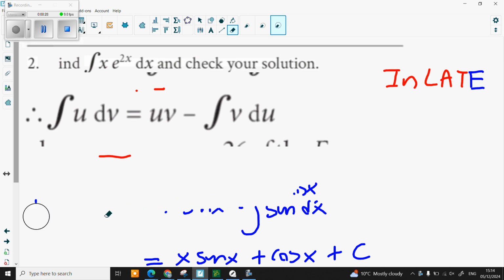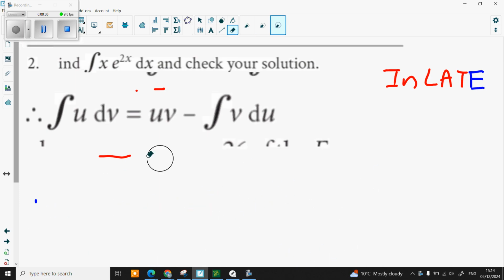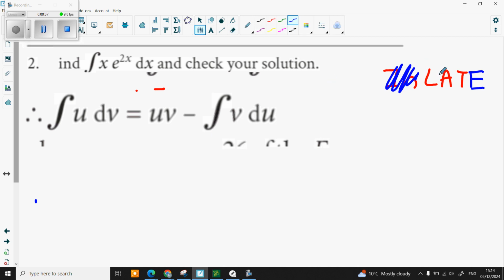Now we have to use the ILATE technique. So is there any inverse functions? No. Any log functions? No. Any algebra functions? Yes. Algebra takes the u value. So u therefore equals x. Now we're after the v. What's the v, guys? The v is